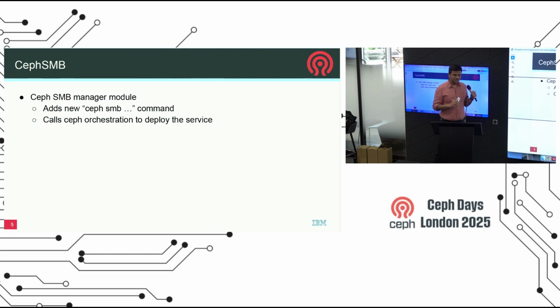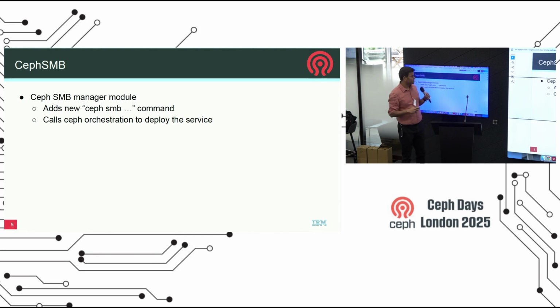Before we start with the CephSMB talk, yes, we were always able to export CephFS over SMB, but this was a very manual process. The documentation required to export this was scattered, and some of the components were no longer maintained. I'm talking about the VFS module required for Samba to export CephFS over SMB. We have replaced this with a newer module called VFS Ceph New, which takes advantage of the low-level drivers available